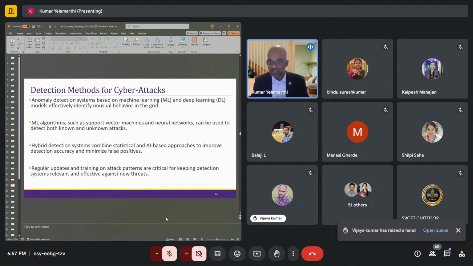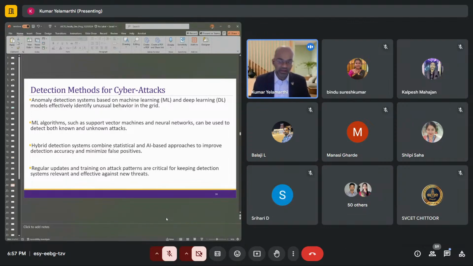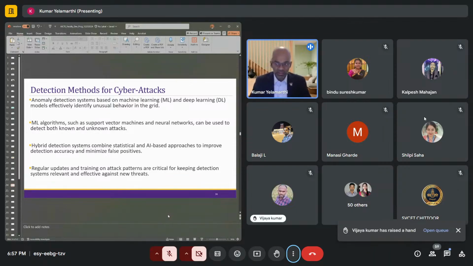We talked about this for a second. When the types of attacks are increasing, one cannot look at the data and say, yes, there is an attack. To identify new attacks, new anomalies have to be detected. And people are using machine learning and deep learning models to detect all these, right? So machine learning models are significantly helpful here.